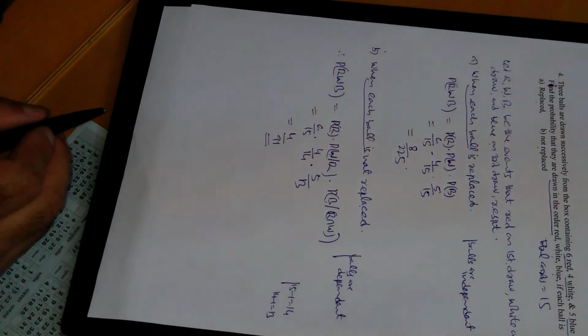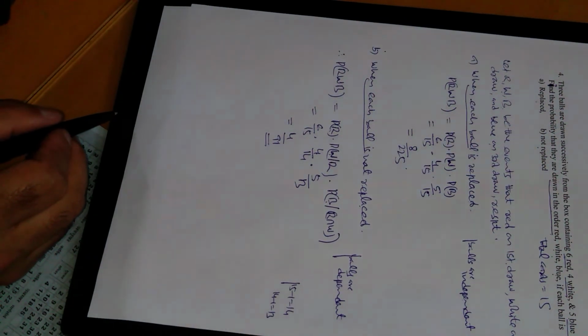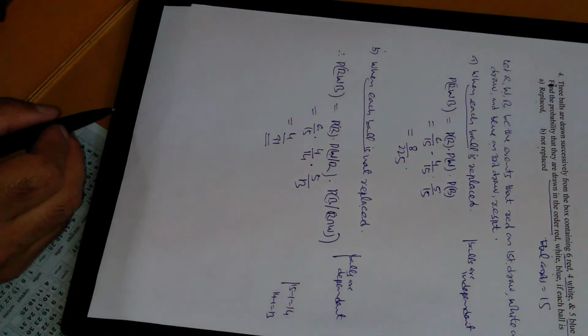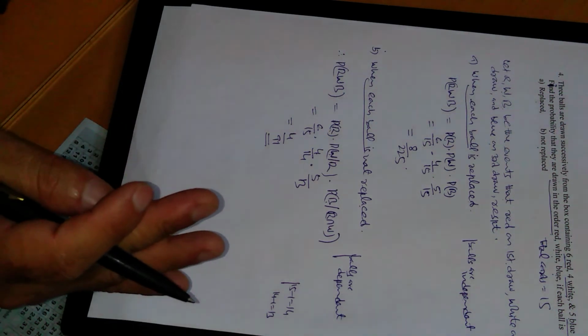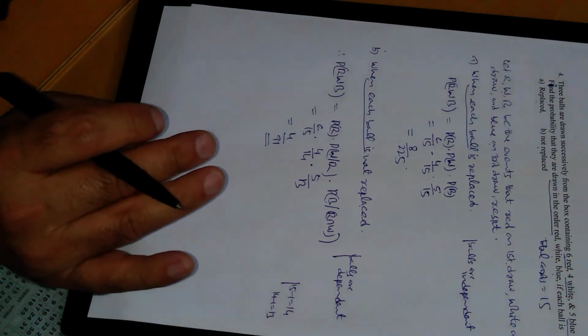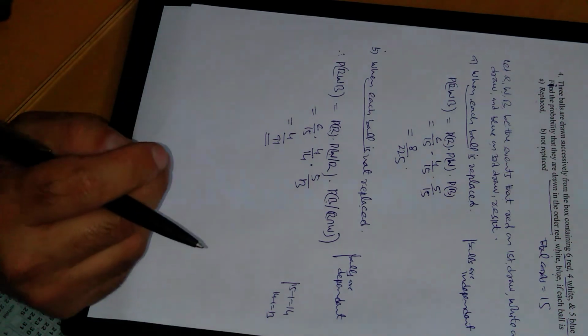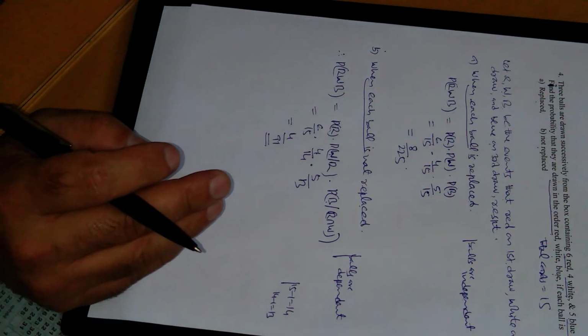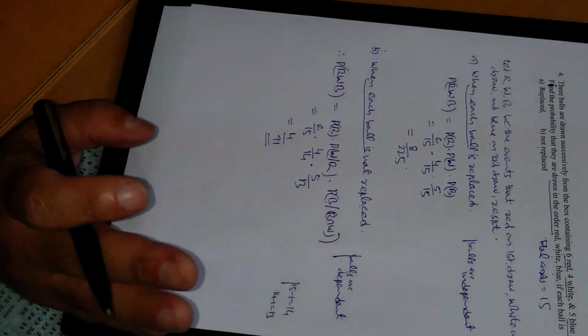All right, so in this video lecture we have solved various problems related to probability. Then we came to know about conditional probability and independent events. Conditional probability means the probability of one event will always be affected by the other, especially the probability of the second event will be affected by the first event. Independent means the probability of none of the events will be affected. They are entirely independent. Thank you.